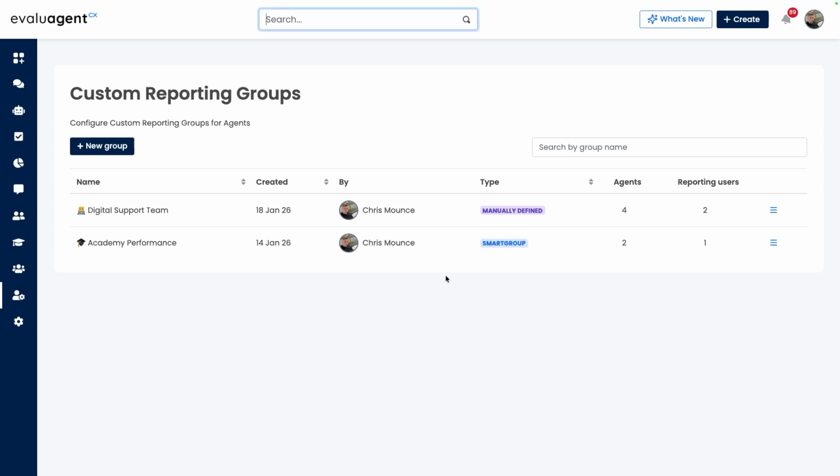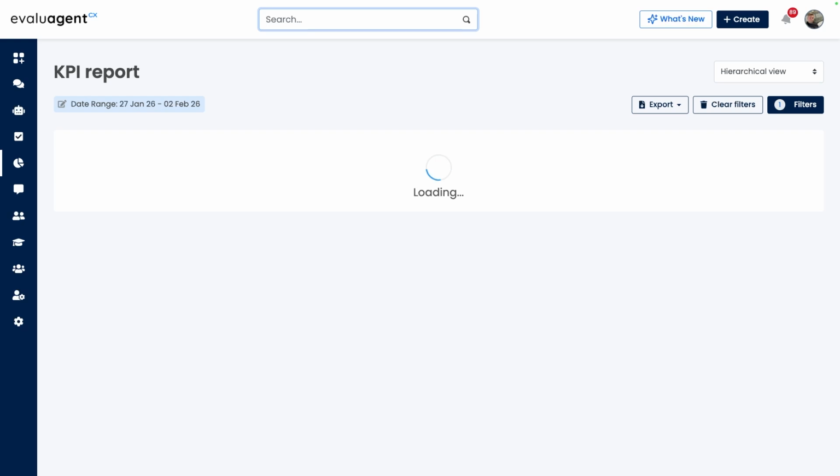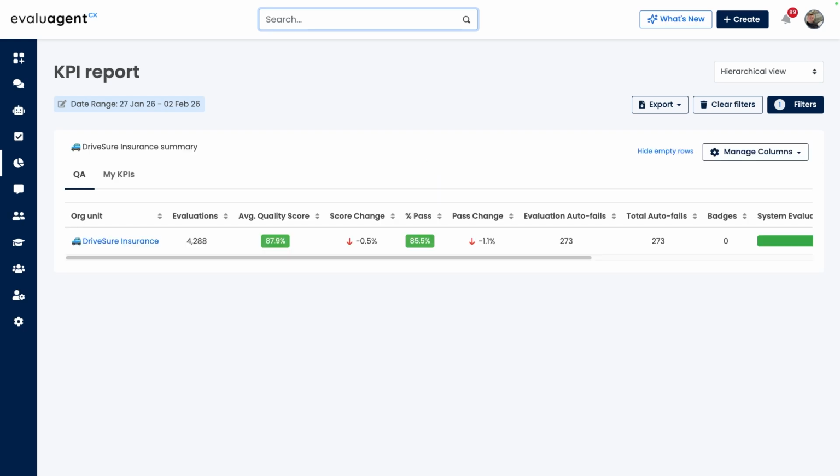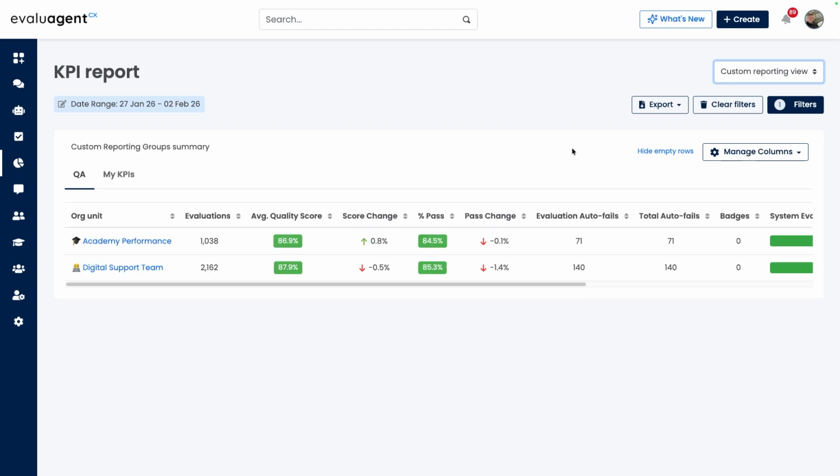Now, in terms of accessing these, coming back to the KPI report, you can access custom reporting groups in the same way across all of the reports. But right now, we are in the hierarchical view. We can drop this down here and we can access the custom reporting view from here. So those custom reporting groups that we just saw, they will then be available to us as a reporting element